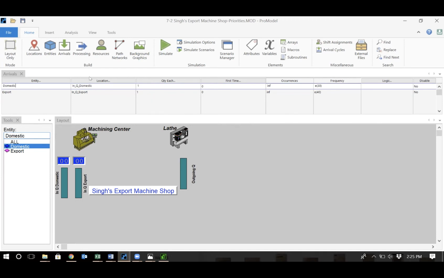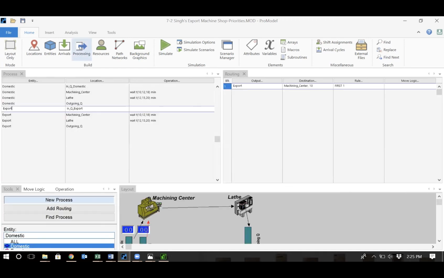And then for the processing, as I said, the processing was simple. Here I define the processing for each one of them explicitly. So domestic jobs go from the domestic queue to the machining center, from the machining center to the lathe machine, from the lathe machine to the outgoing queue, and from the outgoing queue to exit. We put the processing time as I